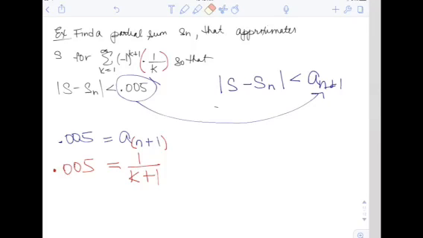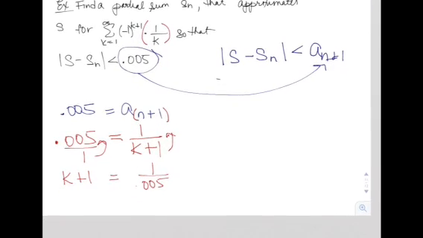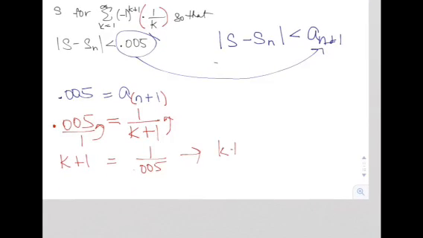So this means that k plus 1 equals 1 over 0.005. I did this from remembering some stuff about how ratios work. So I flipped this upside down and I flipped this upside down. So k plus 1 will equal 1 over 0.005 is 1 over